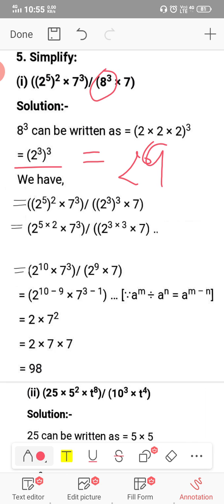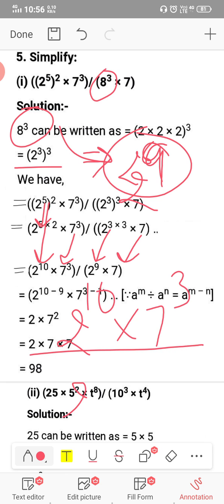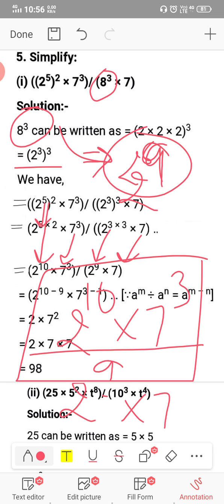Now firstly we will solve this, and this can be written as 2 to the power 10, because when we have power over power, the powers will be multiplied. So we will write it 2 to the power 10 into 7 to the power 3 into 2 to the power 9. जैसा कि मैंने अभी आपको बताया, the value of 8 to the power 3 is equal to 2 to the power 9. So we will write it 2 to the power 9 into 7. Now we are having 2 to the power 10 into 7 to the power 3 upon 2 to the power 9 into 7. So we will take them with the numerator, and we can write this function as